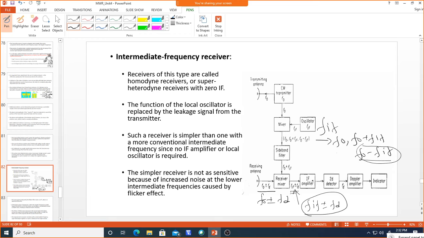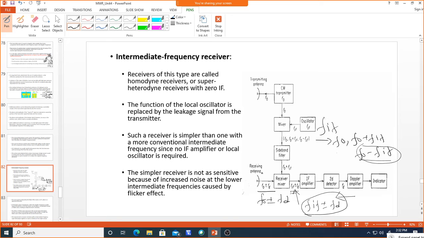Now if you pass through this IF amplifier, then you will get only the detected signal, the Doppler frequency. Even if the transmitted signal is there, the receiver mixer will cancel that transmitted or reference signal, and it will give the proper Doppler frequency. So now a receiver of this type will be called homodyne,